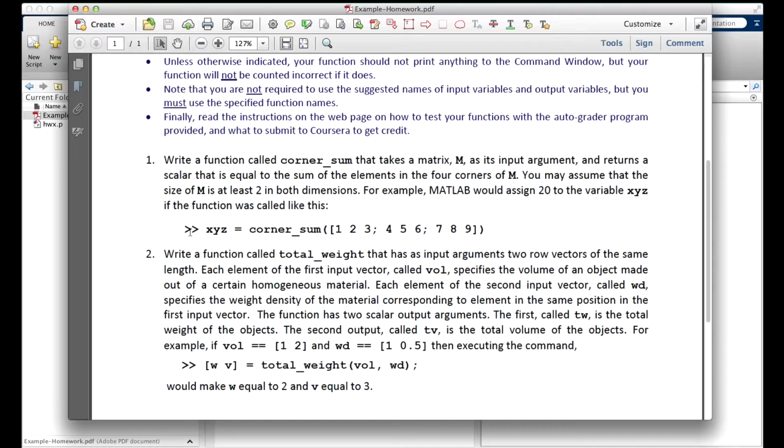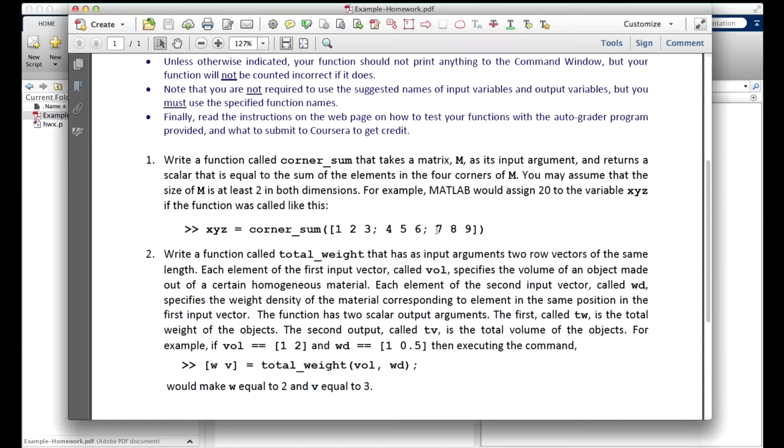So we see an example command xyz equals corner sum of, in other words, with the input argument, 1, 2, 3, semicolon, 4, 5, 6, semicolon, 7, 8, 9. So this is a 3 by 3 matrix. And the 4 corners are the number 1, the number 3, which is the upper left element and the upper right element there on the first row.